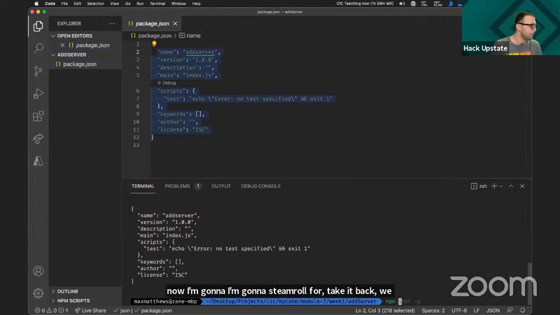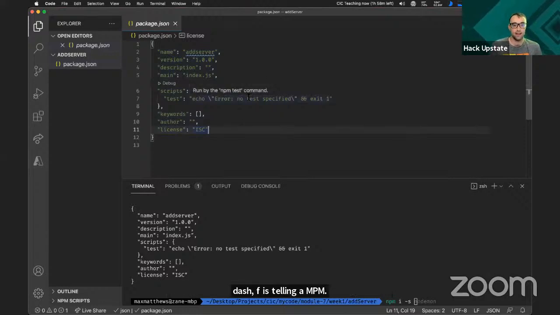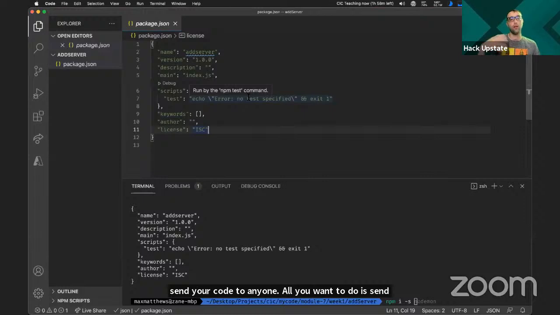So we are going to npm i space, and then we want to type in -s, and that -s is telling npm, hey, when I run it, add that to my package.json file. The reason why that's important is if you send your code to anyone, all you want to do is send your code. You don't want to send all of the packages related with your code.